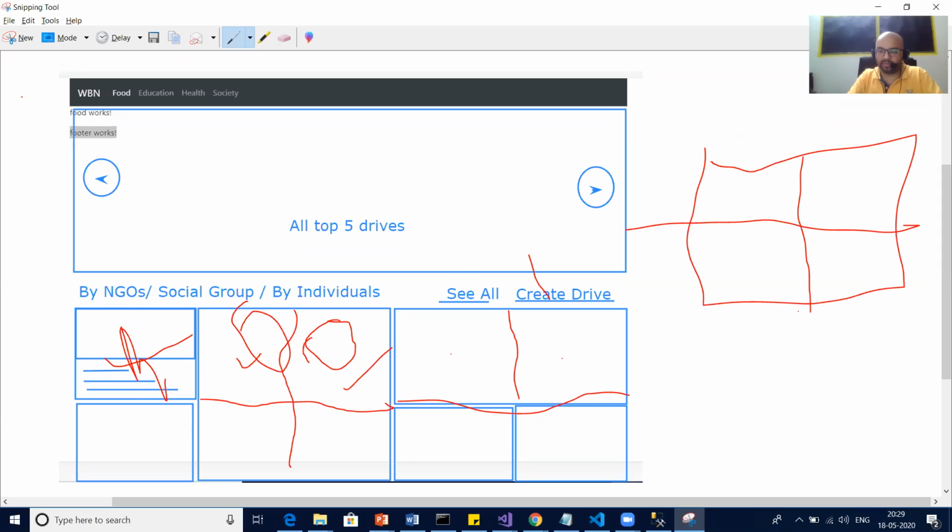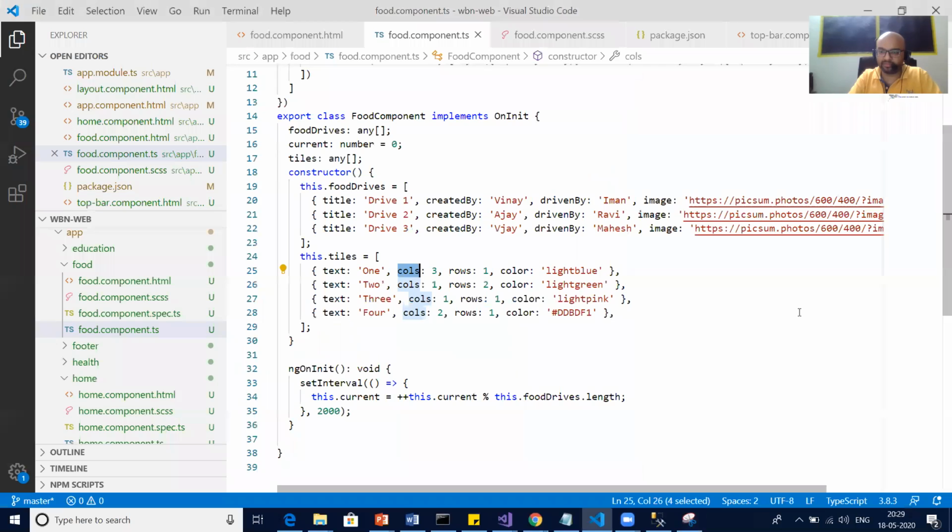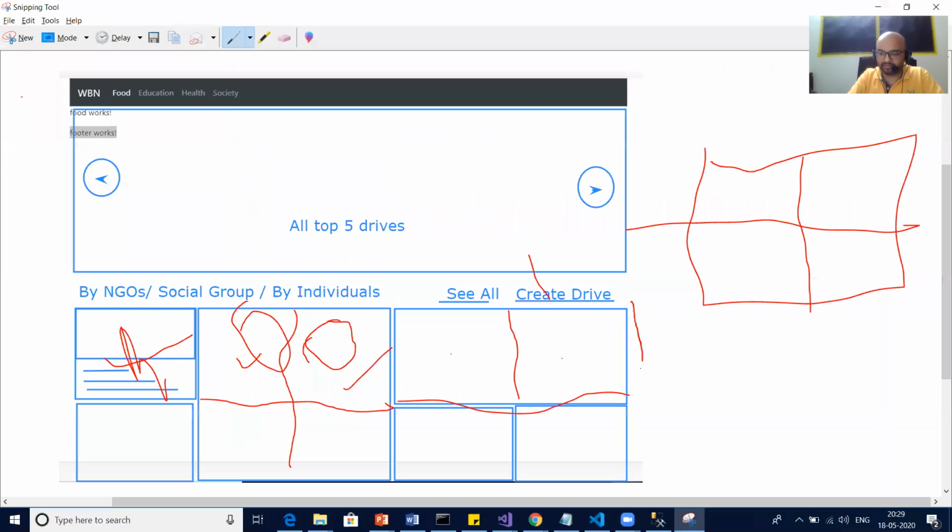Guys, did you understand this part? Yes. So 1 column, 2 rows means something like this. This is 1 column and 2 rows. Agree?